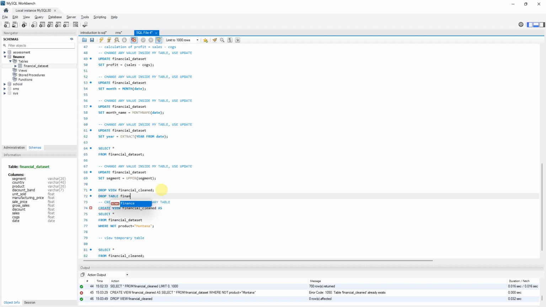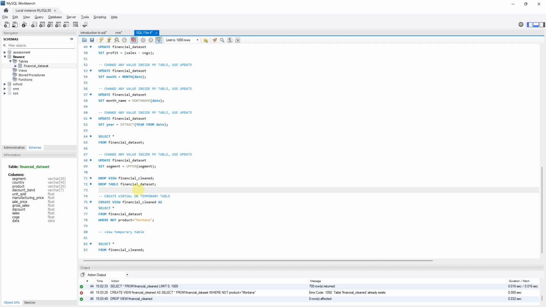I'll just say drop table, then I'll call the name of my table, which will be financial underscore data set, and it's going to delete that table completely. But please don't do this. We don't want to do that. But I wanted to drop my view, so you say drop view, then the name of the view. So now I can then create my view again,